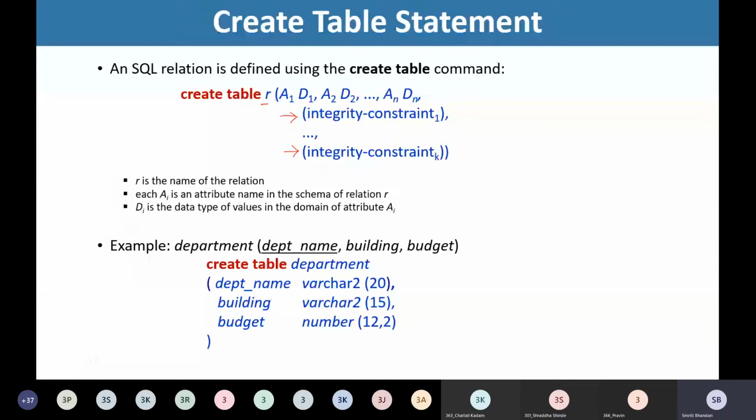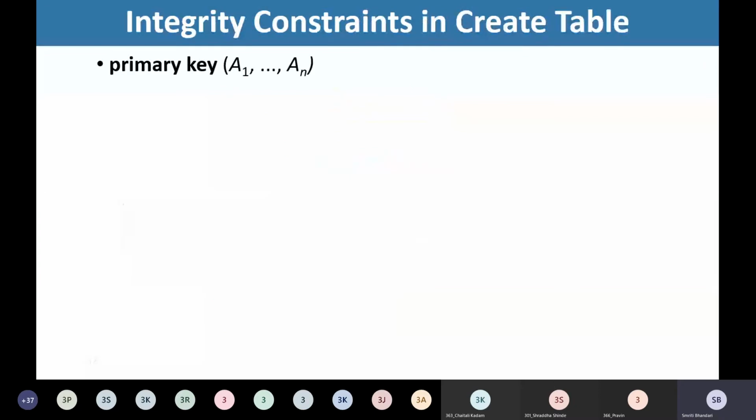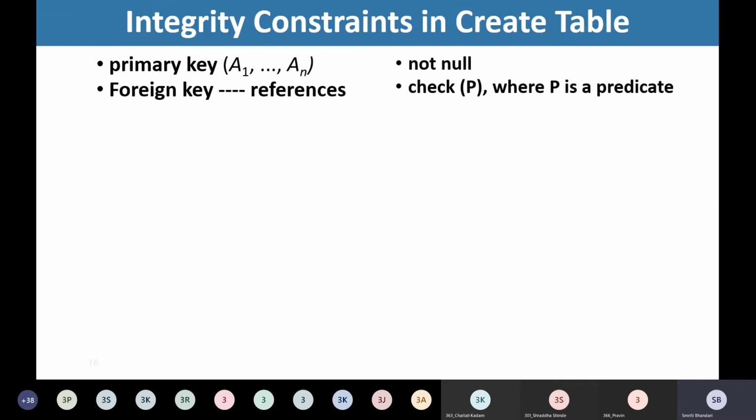See here, in this definition we have not included the primary key. This is a simple, straightforward example of how to create a table with only the attributes. But if I want to impose the integrity constraint that I want to designate department name as the primary key for the department table, then how can I do that? Let us look at what integrity constraints we may impose. We may impose primary key, foreign key, the constraint not null, or the check constraint.